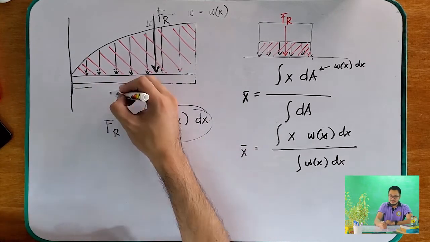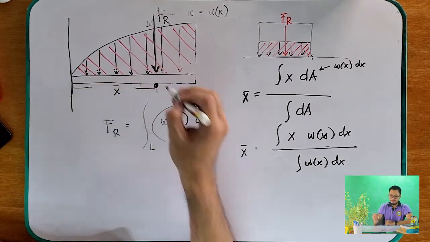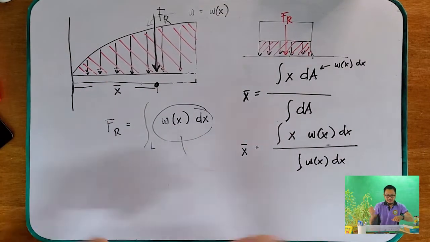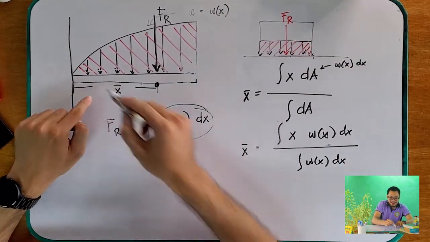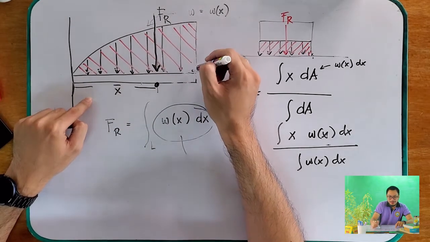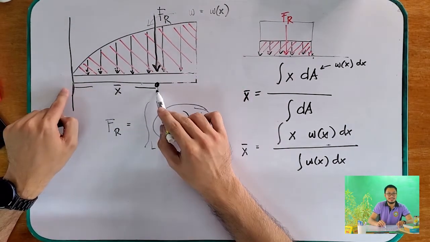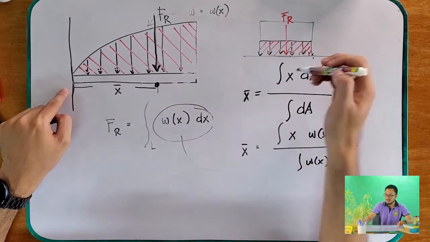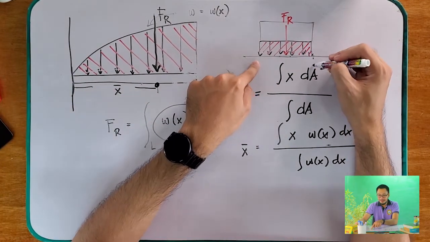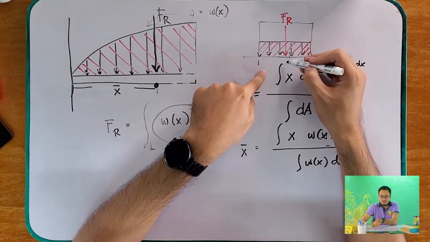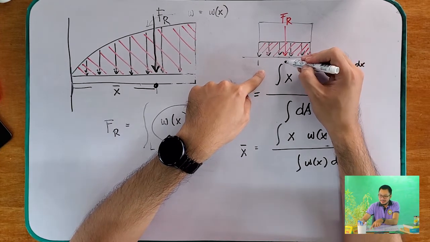In this case, this is your x bar. Basically, this x bar is actually the centroid of your curve along the x axis. The same goes for your FR here, the x bar is located at the centroid of your